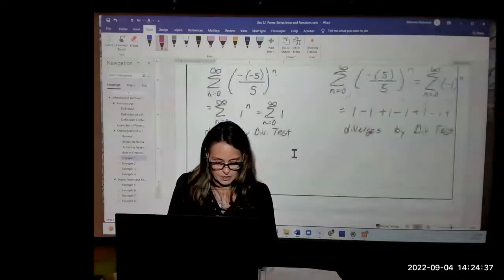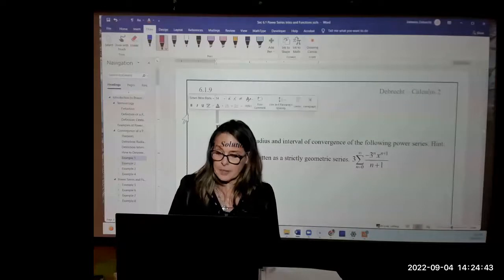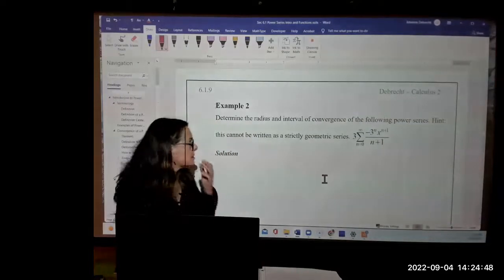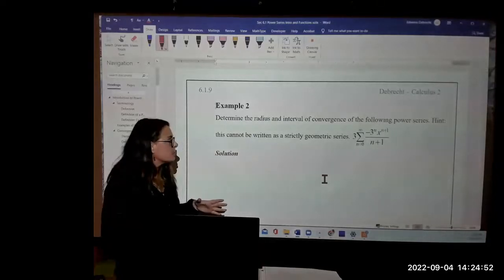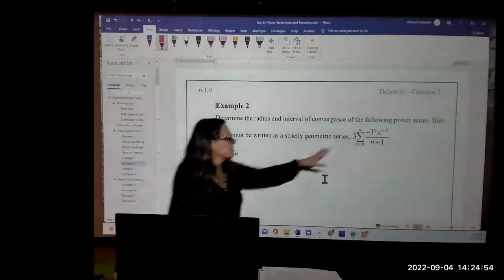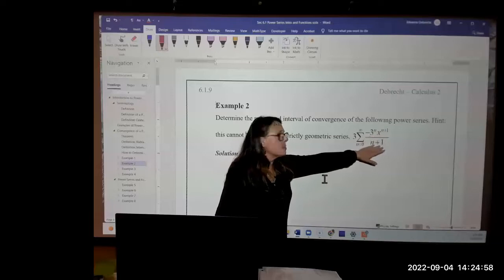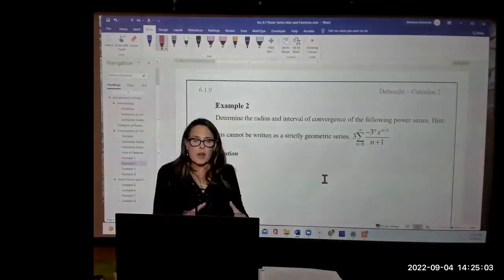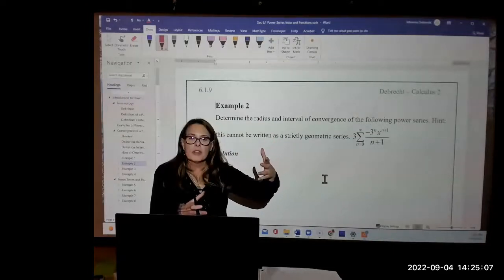Let's now take a look at the next example, which is example number 2. I'm going to eliminate these 2 lines. So let's take a look at this one. Now, this one is much more complicated than the previous one. And I've got this negative times 3 to the n, and I've got an n plus 1 in the denominator. So even if I could get them all written together raised to the n or n plus 1 power, there's